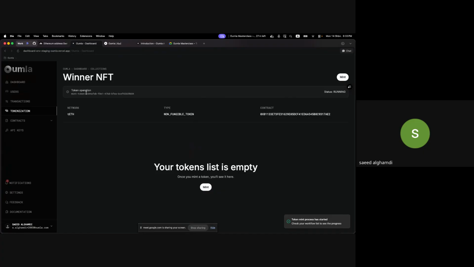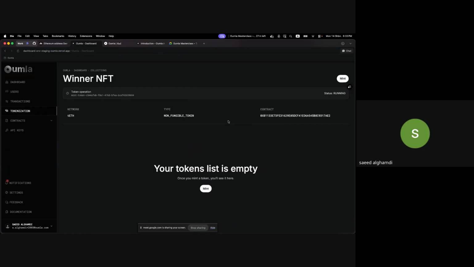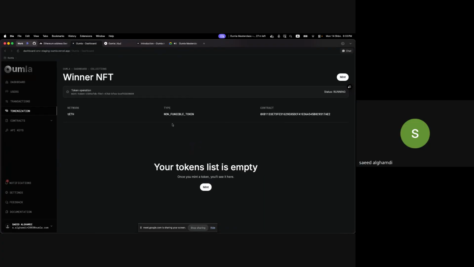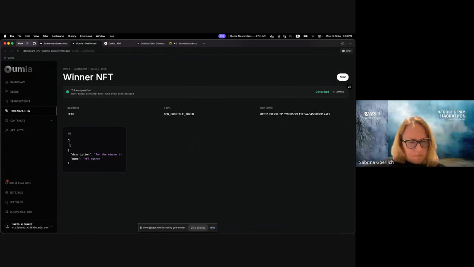Token operation will be emitted now. It's running. Let's wait a bit. I mean, this kind of issues happen with Sepolia since it's a public testnet and it has a lot of things. So now we have the token here, token 0.